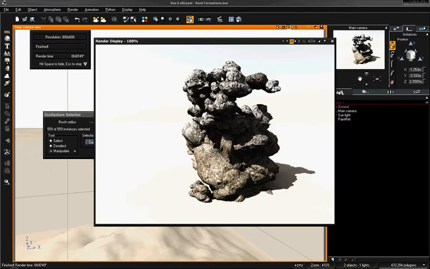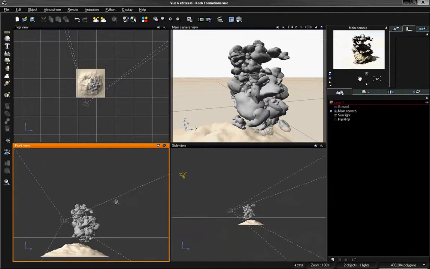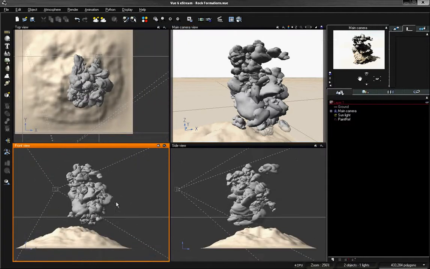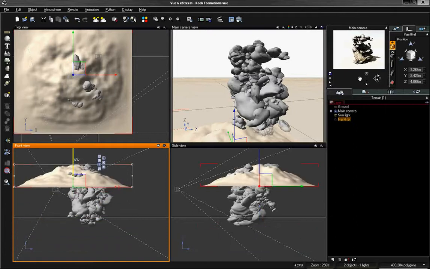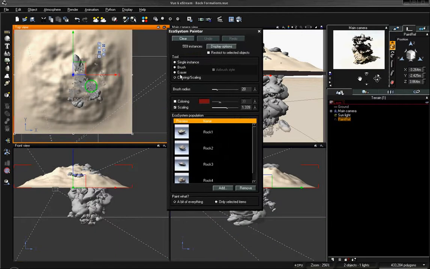adjusting the scale overall for your different objects. So another thing you can do if you want to adjust your scale for just a specific area of the object, of course at this point, since we've already created them really large, what we would have to do is rotate around the object so that we could see those different rocks in the top view. But if we take a look in our 4 viewports, we can use our terrain again to sort of cut out where we're going to be adjusting our object. So if I just want to adjust the scale of these instances on top, I can open up the ecosystem painter, and with color and scaling on, coloring off just using scaling,